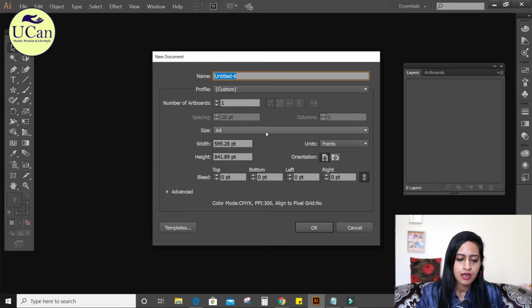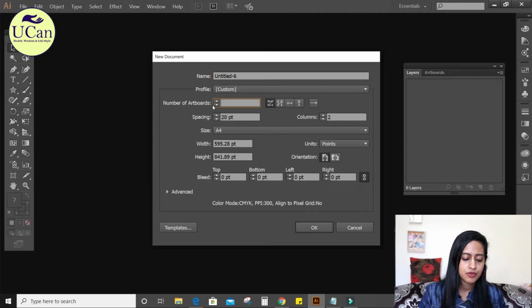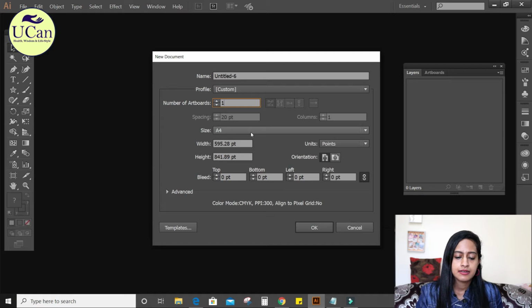You can see this is the bar, so if you want mini artboards, you can put like 4, but I'm going to do with one artboard now. And you have to see which kind of presets you need for your canvas.